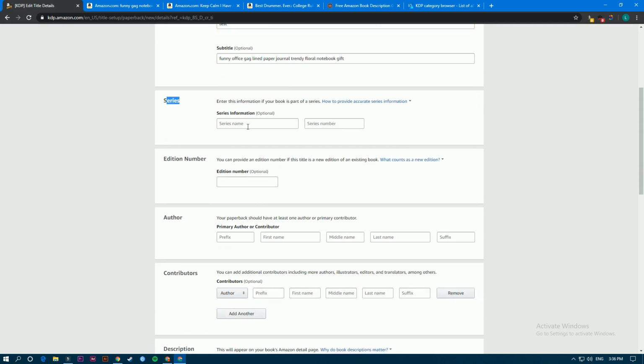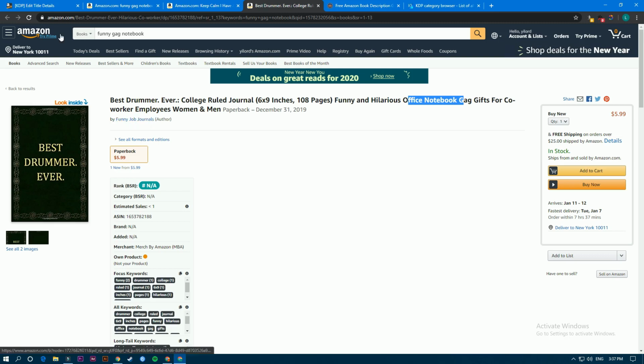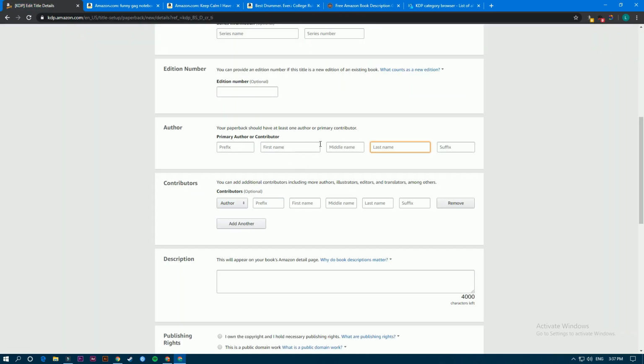For series we don't have any. For edition number we don't have any. For the author, you don't need to write in each field. Just write the author name here, even if it's two words and between them there is a space, just put it in here and it will end up like this. You don't need to write in each one in here, just put it in here. Let's say